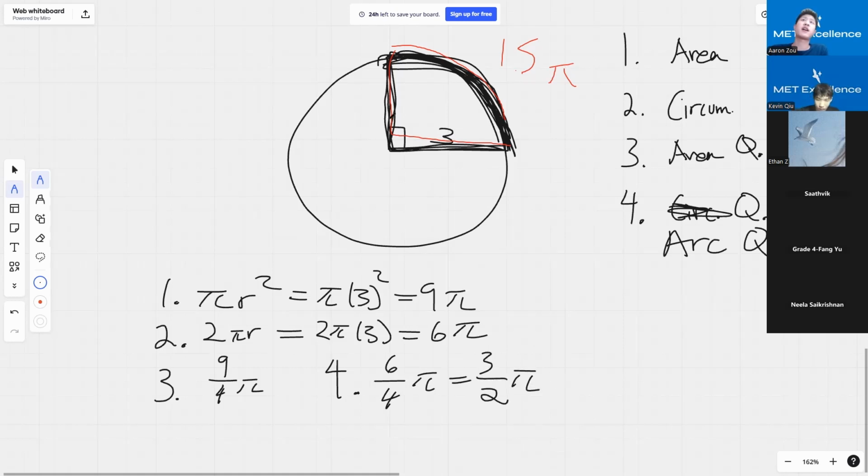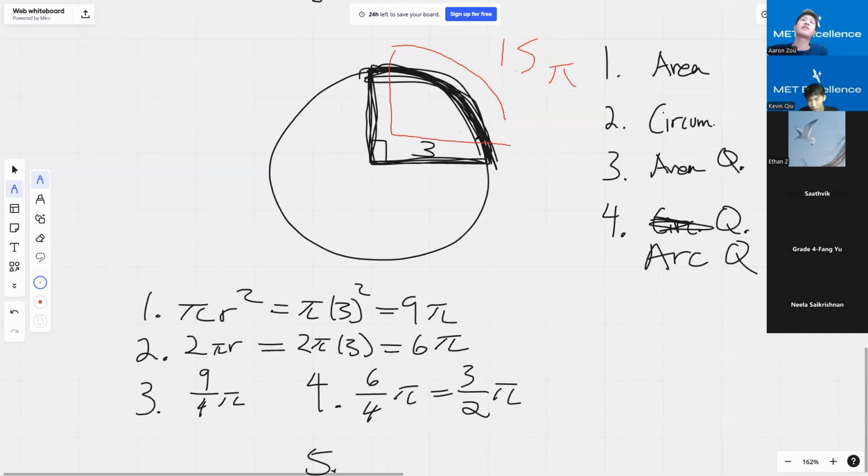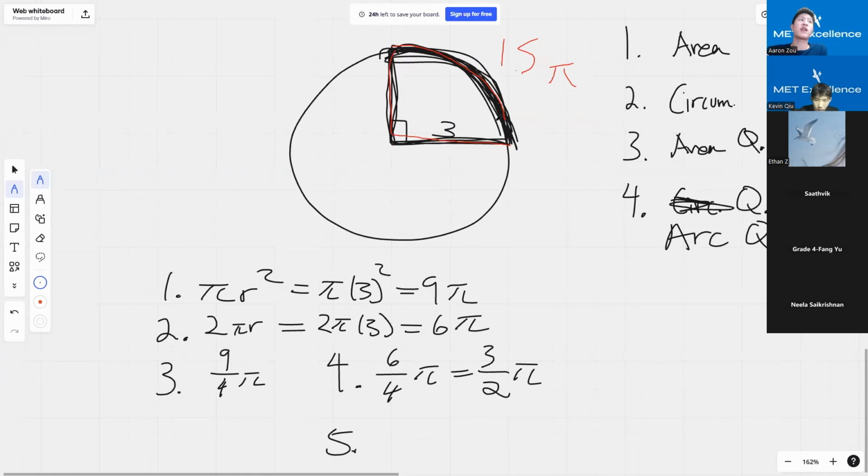And if I want the entire perimeter, then I will add. So let's say I have a question 5 now. If I want the entire perimeter, as Kevin pointed out, yes, I will have to add the 2 radius stuff. So it'll be 3 over 2 pi plus these 2 extra sides, which are just the radius. So plus 3, which is plus 6. Okay,